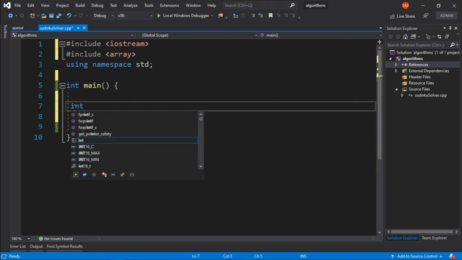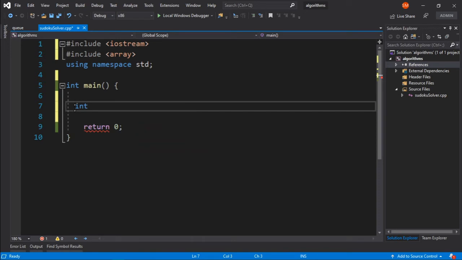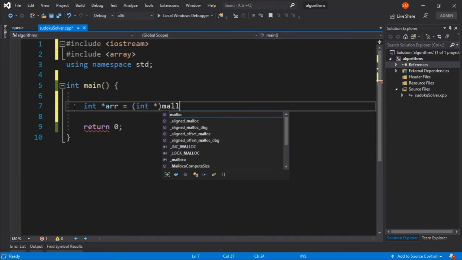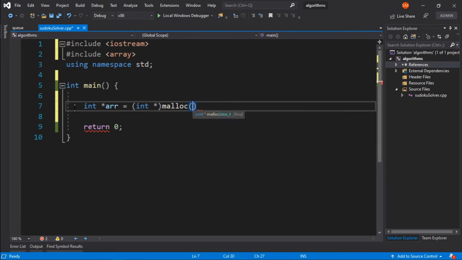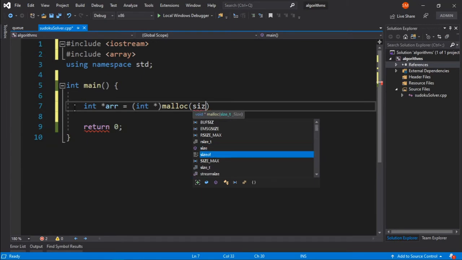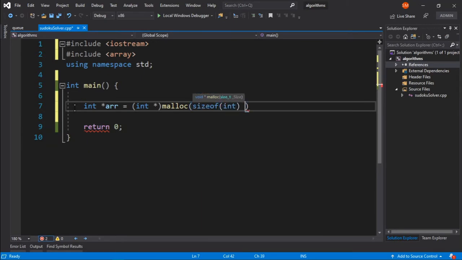Now the only difference that I was talking about is that whenever a vector is declared, what happens inside is that you allocate the memory. So let's say we have this array in the heap. Typically declaring an array in the heap looks like this. We create a pointer to that memory, and we're going to treat that pointer as an int pointer here, and we allocate the memory using malloc, and this function allocates the memory in the heap, and we typically provide the size in bytes, how much data we are going to provide. So it's going to be, let's say, sizeof(int) times 10, so we have 10 elements.